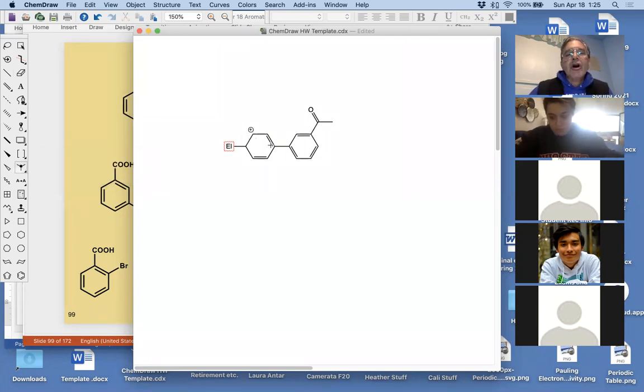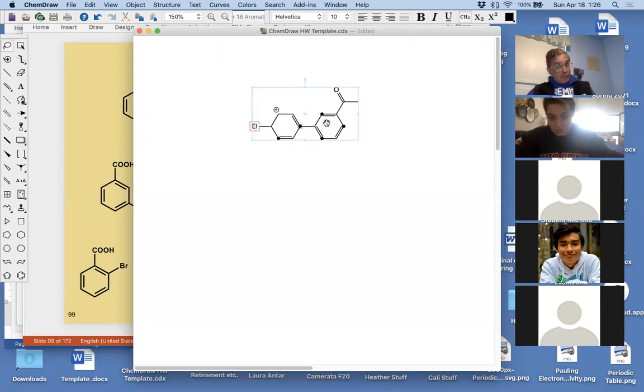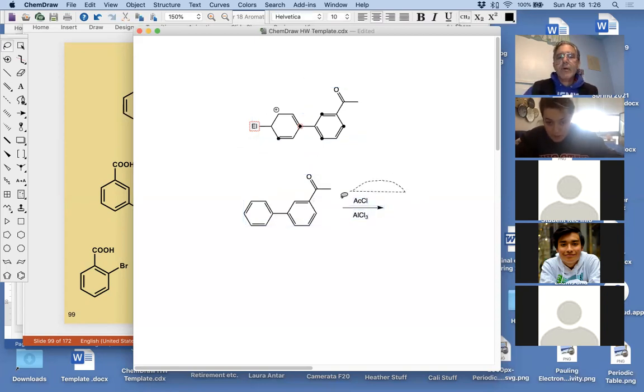The positive charge can be there, and there. And this charge can now go here, here, and here. So you get resonance in the right-hand ring, and I'm arguing that's going to help you to some extent, even though the right-hand ring is somewhat deactivated. But if we attacked meta, we would get positive charges